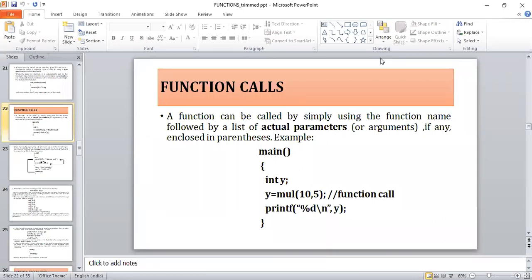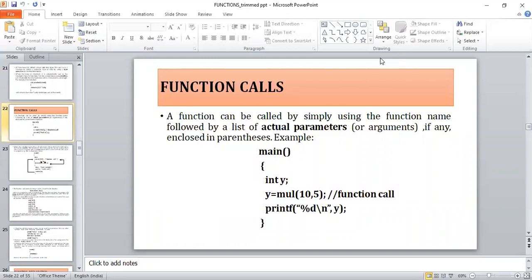There is one more type of parameter called an actual parameter. What are actual parameters and formal parameters? We will discuss this when I take up passing arguments to functions. So a function call is nothing but calling that particular function, simply using the function name along with the list of parameters or arguments, enclosed in parentheses.